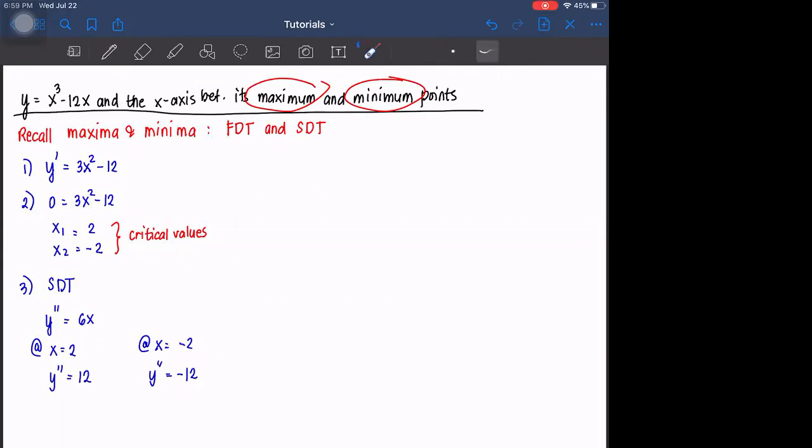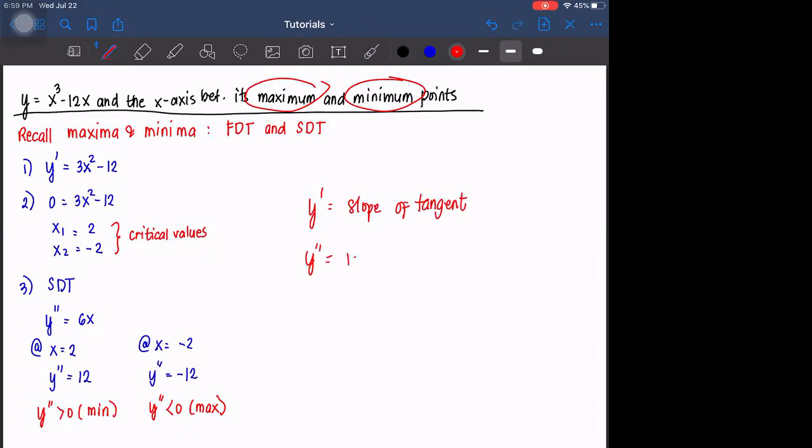Recall, if y double prime is greater than 0, meaning minimum, and if y double prime is less than 0, meaning maximum. What does y double prime stand for, and what is y prime? Y prime is the slope, diba? Slope of tangent. So what is y double prime? Rate of change